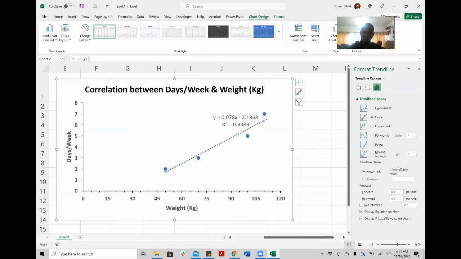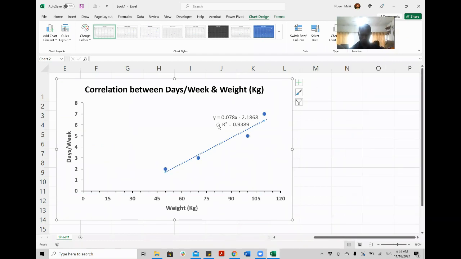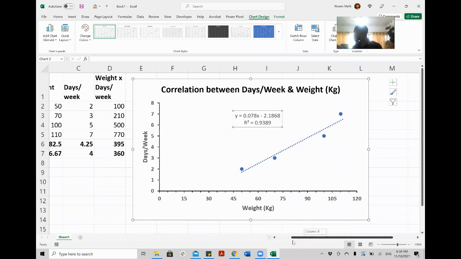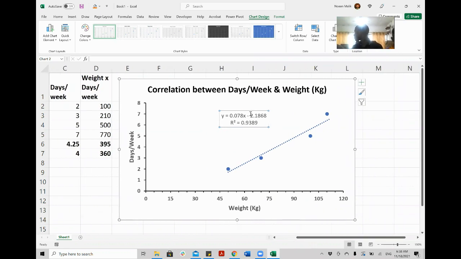So we need the equation, we need the R squared. This R squared is the linear regression coefficient. If the linear regression coefficient is higher than 0.9, it means your data is good. If it is not, then your data is not good. So this is how you select it.